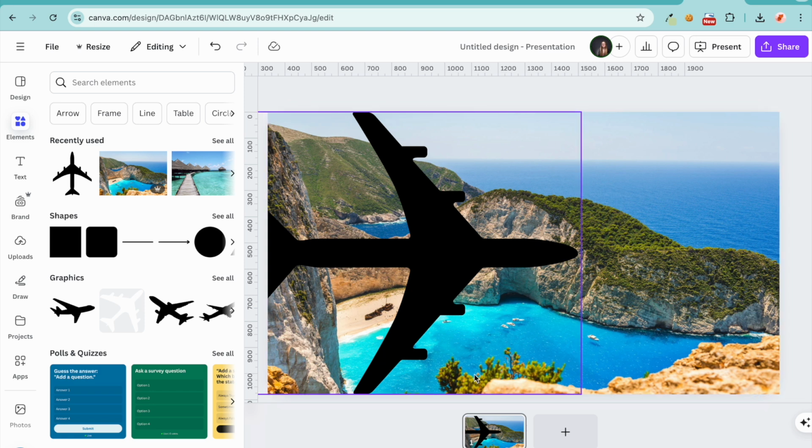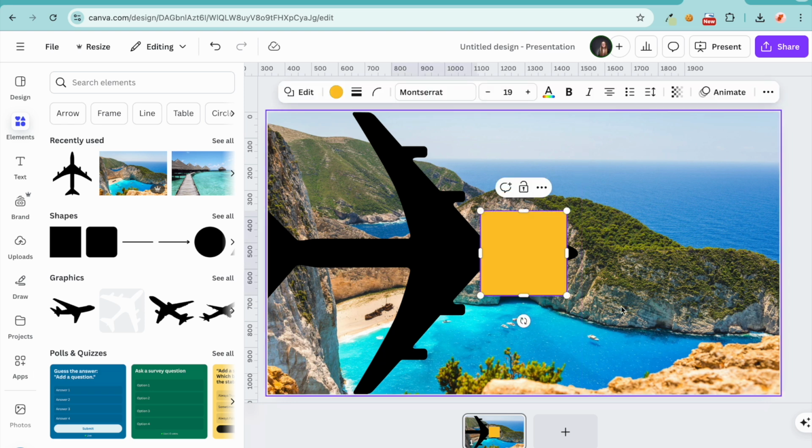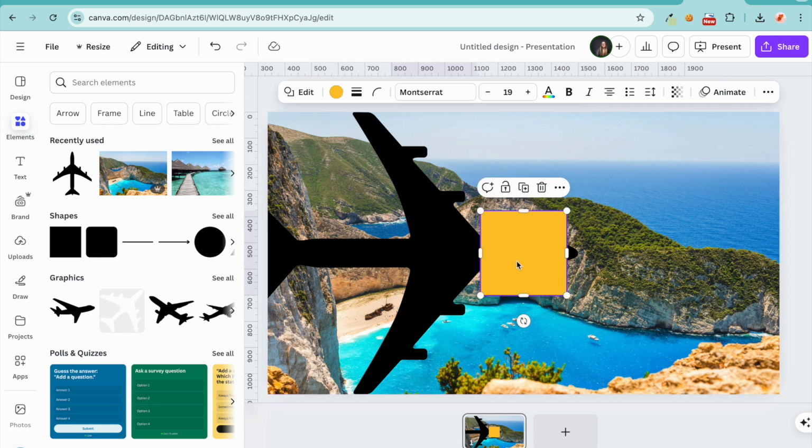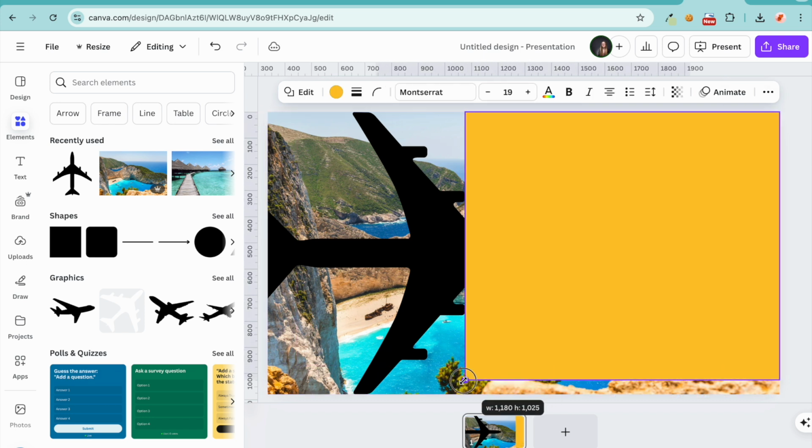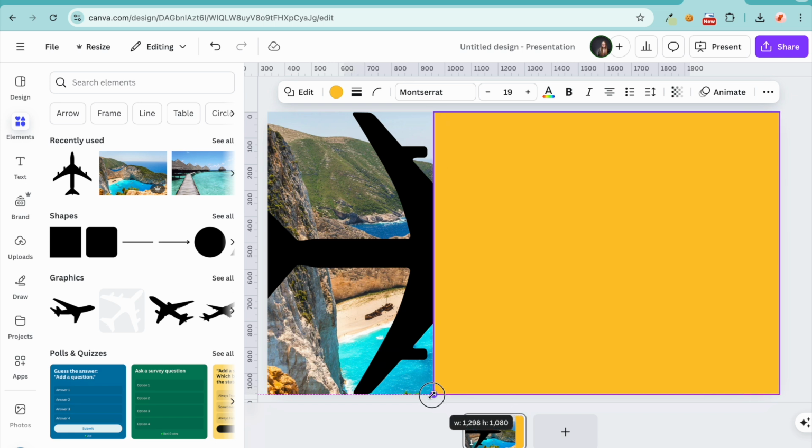Now this section here I need to fill with colour or a gradient, or it could be another image, but that might look a bit too clunky. So I'm going to add just a normal rectangle, and I'm going to fill as much as I can. Now you'll notice I've got these little corners here which I cannot fill. I'm just going to